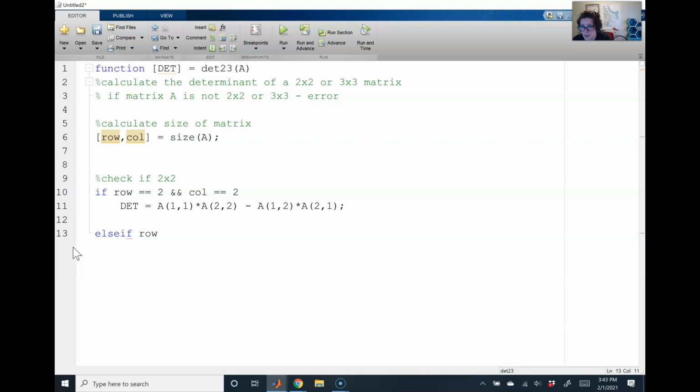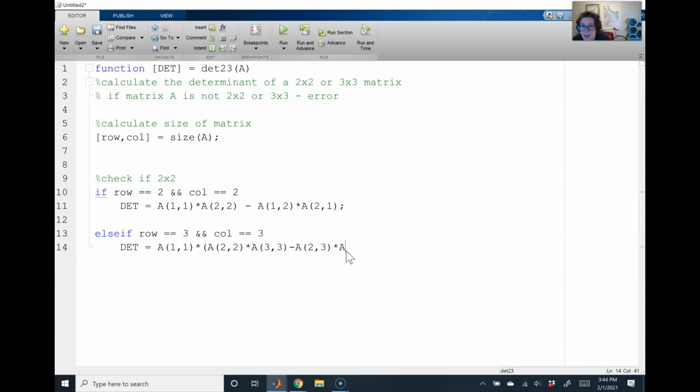So if row is equal to 3 and column is equal to 3, then our determinant is equal to, so we're going to have A11 times, this is going to be a lot longer of an equation, so we have A11 times A second row, second column times A33 minus A, so second row, third column times A